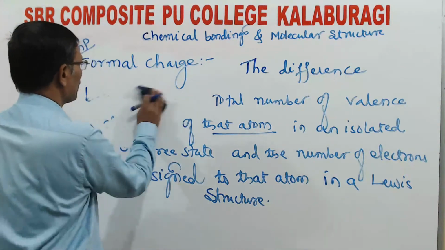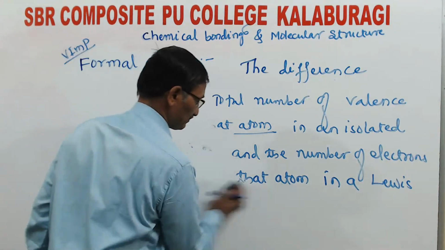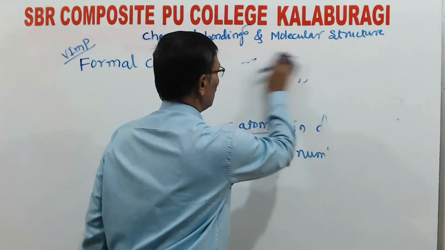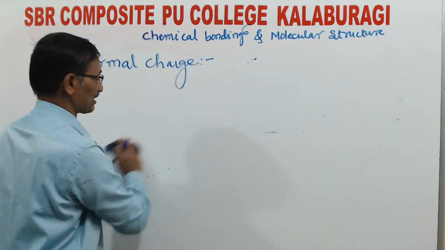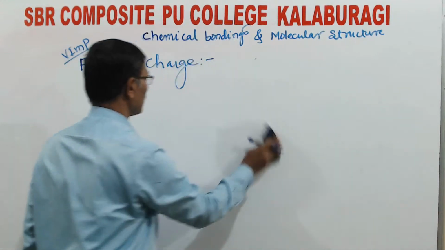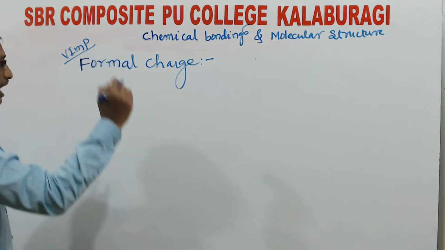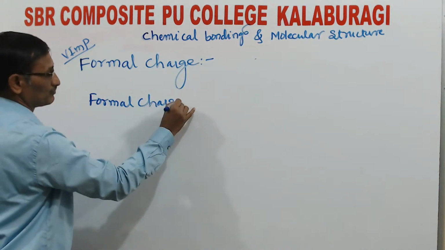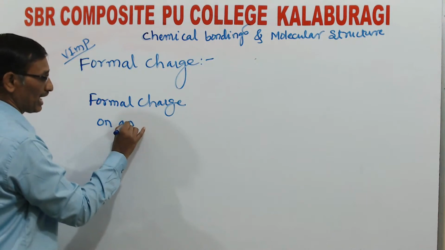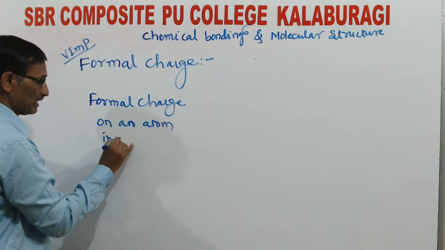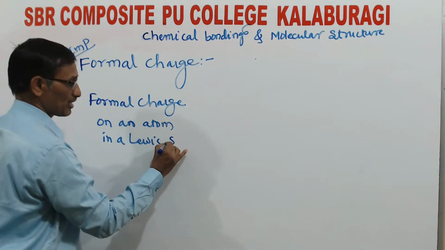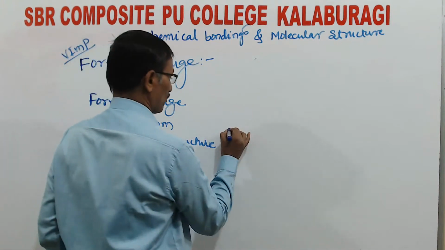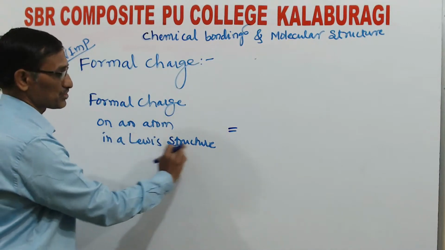Okay. Now coming to the formula. What is that? Instead of this, if you know the formula, you can easily calculate the formal charge on each atom. What is that formula? First I will write it as a statement, then we will go for the formula. Formal charge on an atom in a Lewis structure is equal to